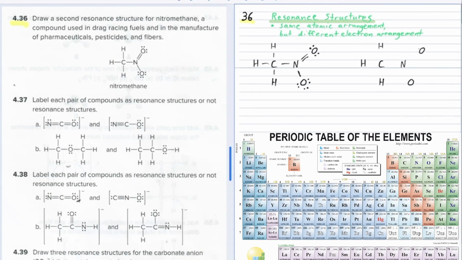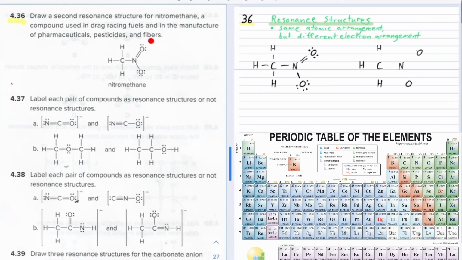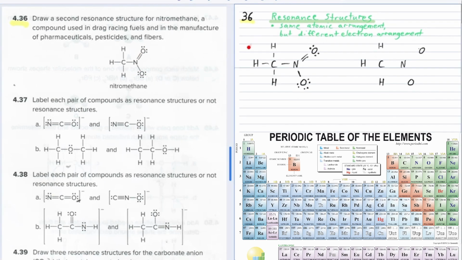So what are resonance structures? They have the same atomic arrangement but different electron arrangements. So basically, we keep the atoms in the same places, and they're connected to each other. The connections are the same, but could we have drawn the bonds any differently? In other words, I copied the structure down over here. So using this same atomic arrangement, can we draw the electrons on there any differently